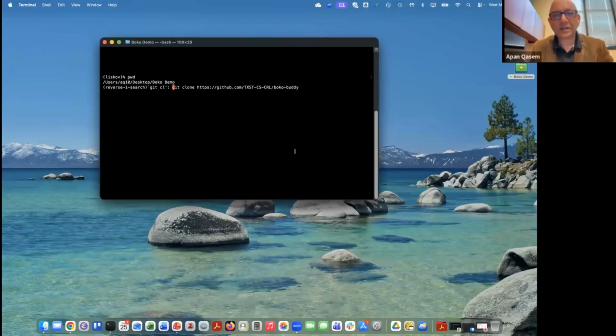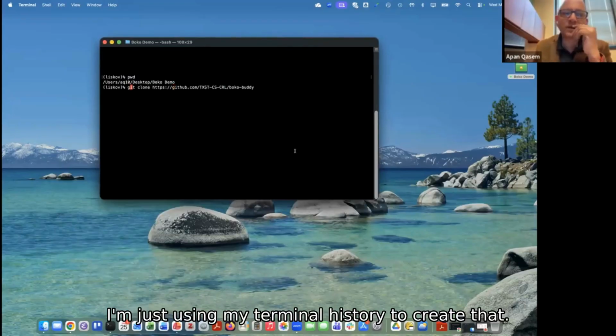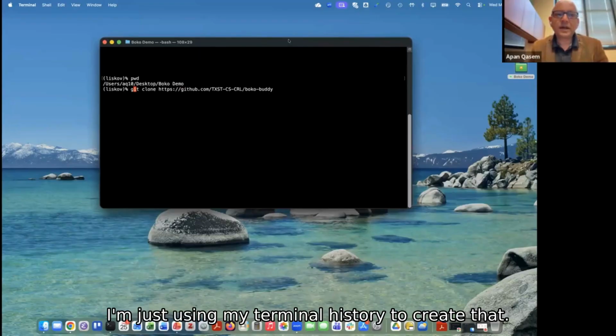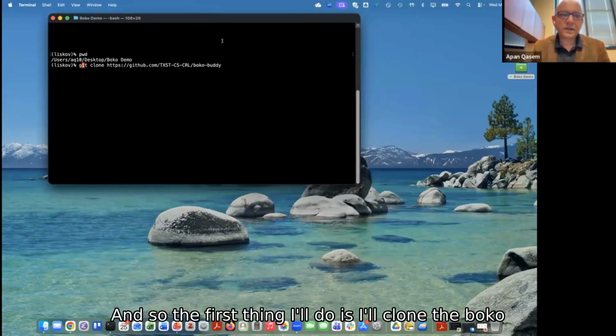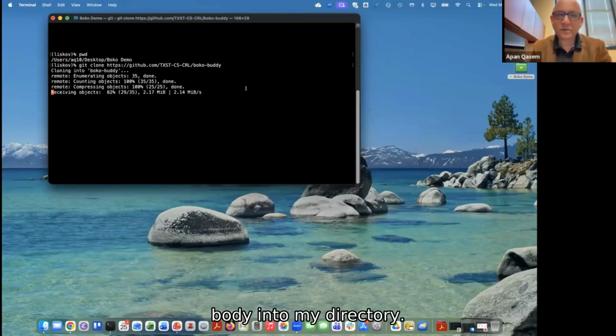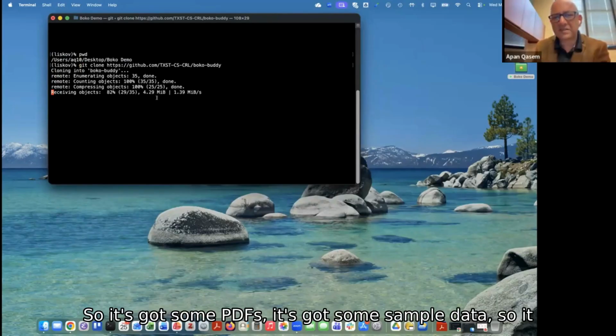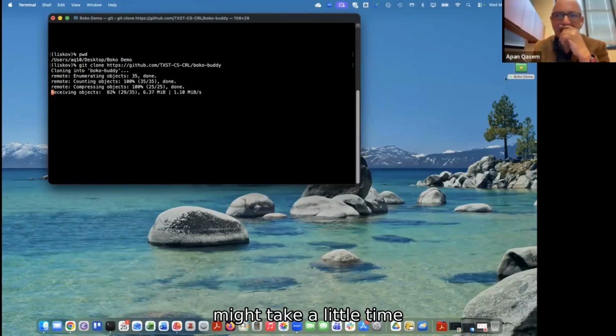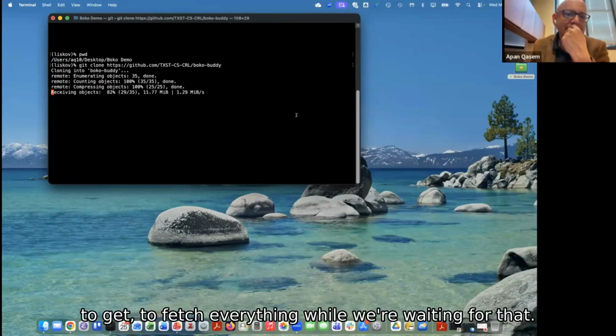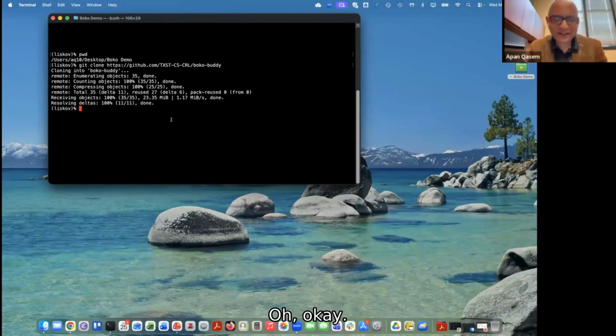This is the URL; I'm just using my terminal history to create that. The first thing I'll do is clone the Boko Buddy into my directory. It's got some PDFs and some sample data, so it might take a little time to fetch everything. While we're waiting for that, okay, there we go.